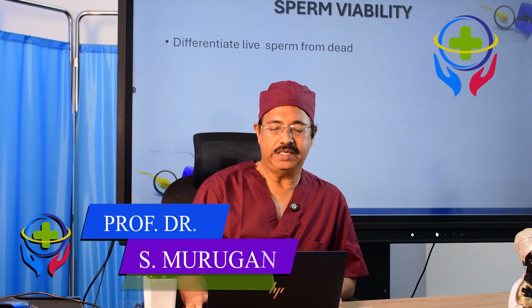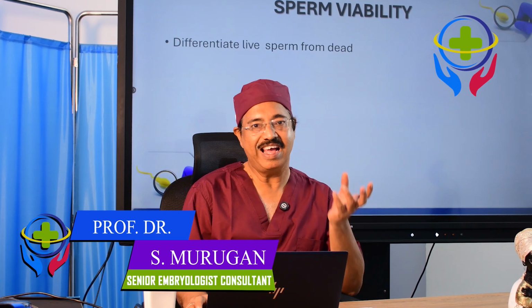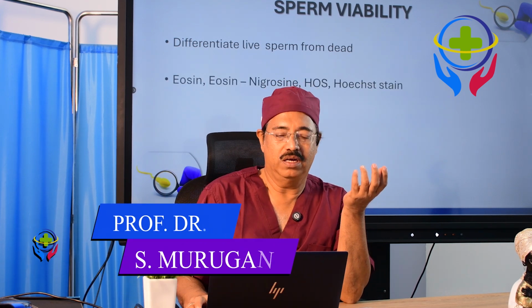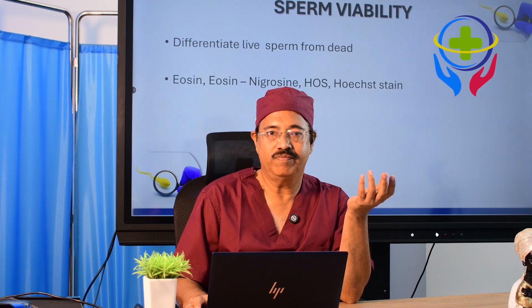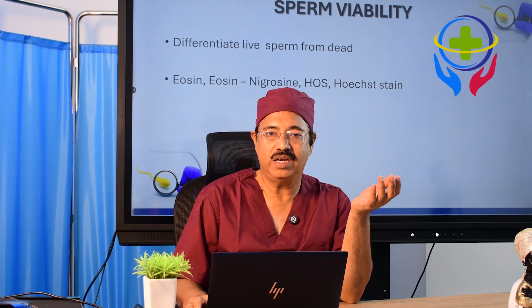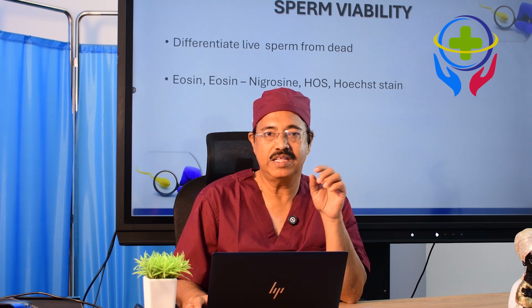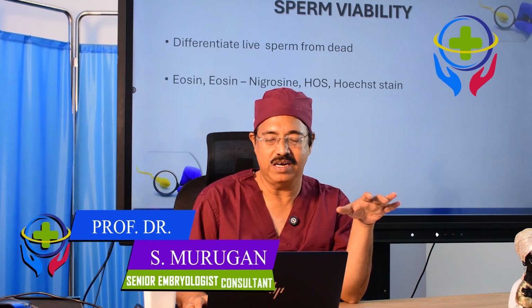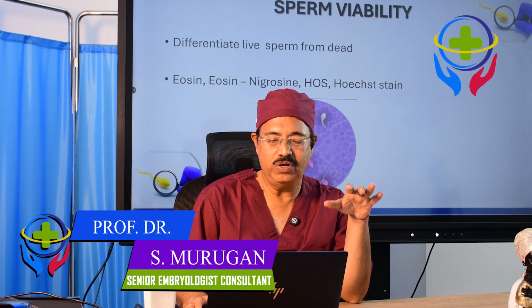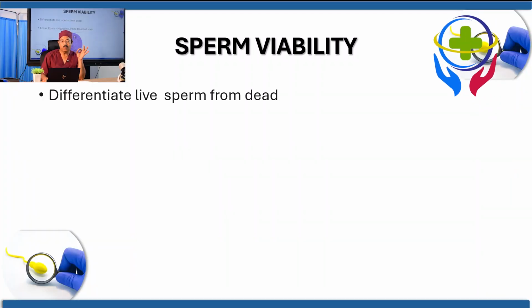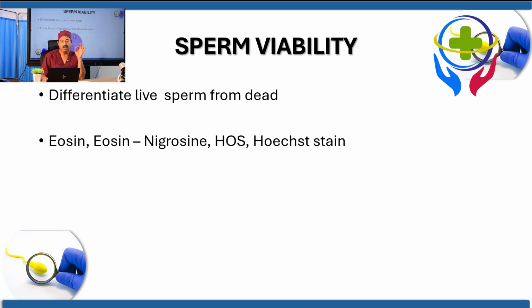In the sperm viability test, we differentiate the live sperm from the dead sperm. So, we use different stains like eosin or eosin-nigrosin stain, or we can also do the hypo-osmotic swelling test to differentiate between live and dead sperm. When you use the eosin-nigrosin stain, we can observe pale, white sperm, that is live sperm,